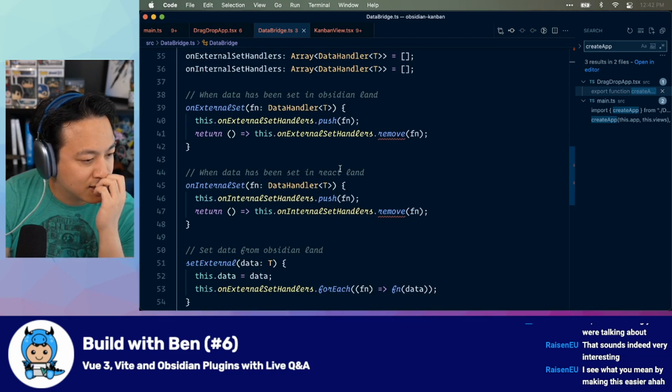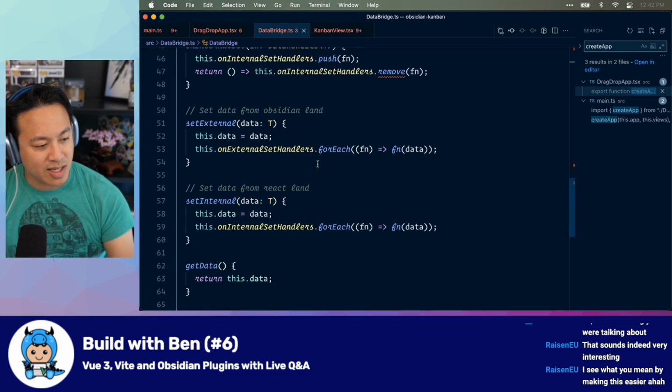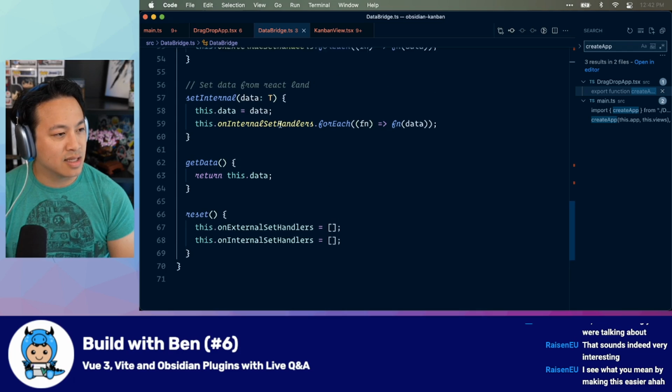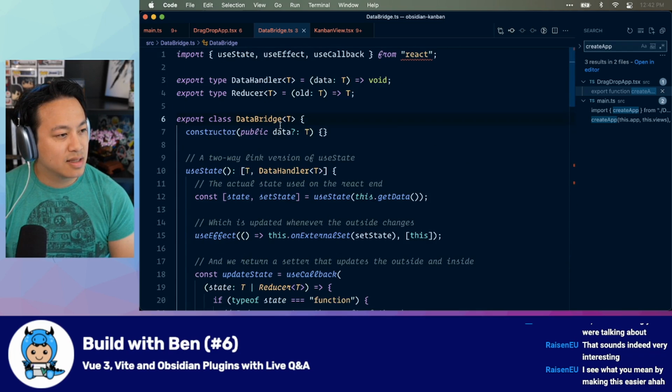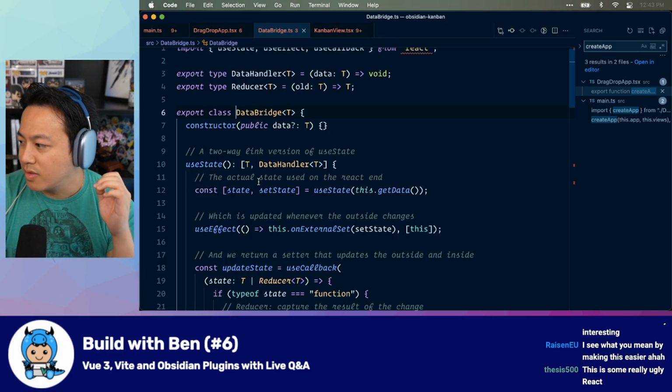On external set, on internal set. Set data from Obsidian land when data has been set in React land. Set data from React land. Oh dear. Get data, this dot data. So this is a whole thing to two-way link version of